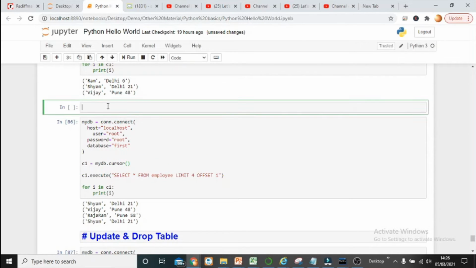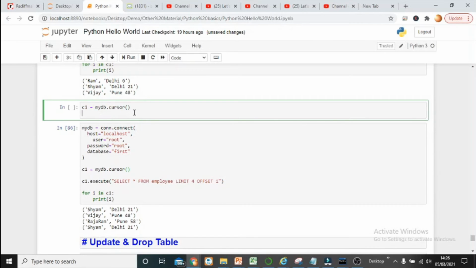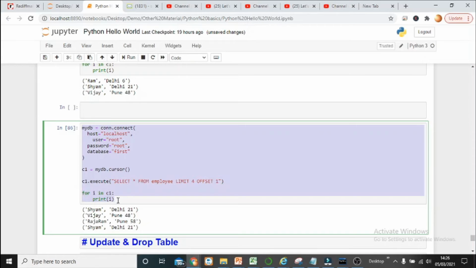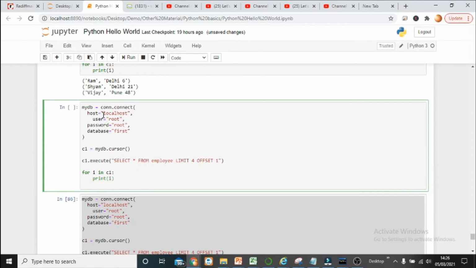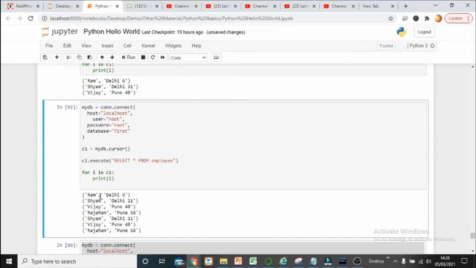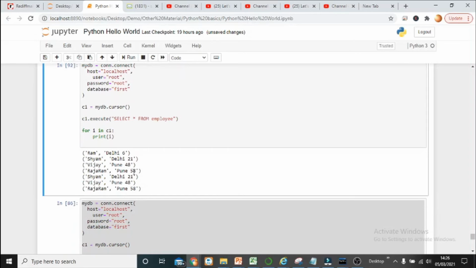You have this data available, and let's say you are running the entire query again. In this exercise, you can see around 7 records have been shown.